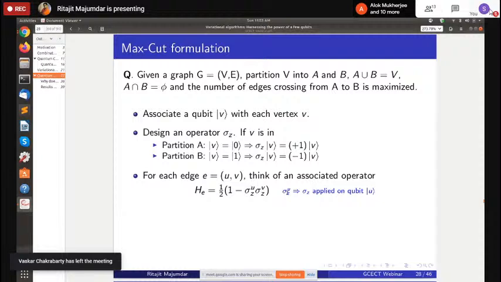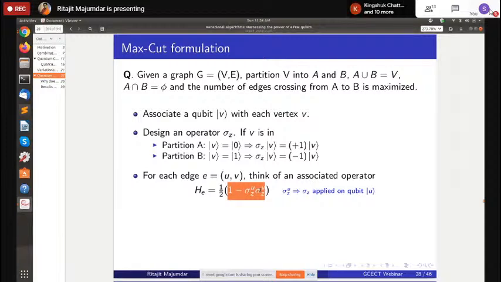Sigma z u implies this sigma z is applied on the qubit u. Now suppose both u and v are in the state 0. So that means the eigenvalues are +1, their product will be +1, and this will become 0 because 1 minus 1 becomes 0. Similarly, if both of them are 1,